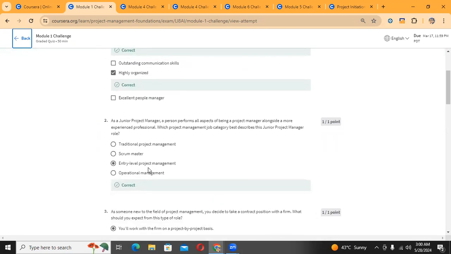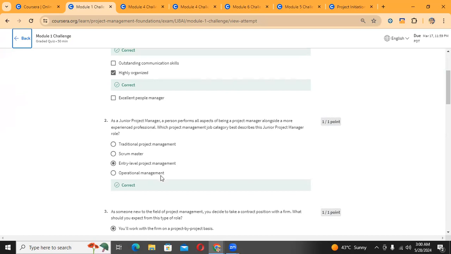So let's talk about the role of junior project manager. This entry level position involves working closely with an experienced project manager and makes it an excellent opportunity